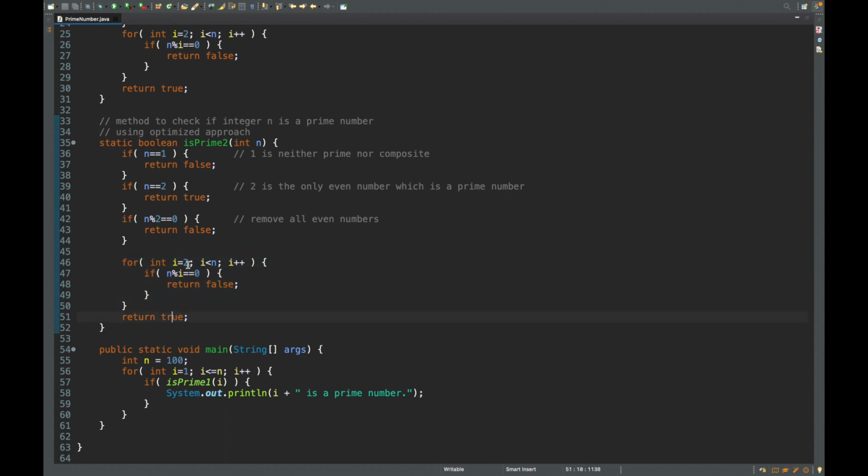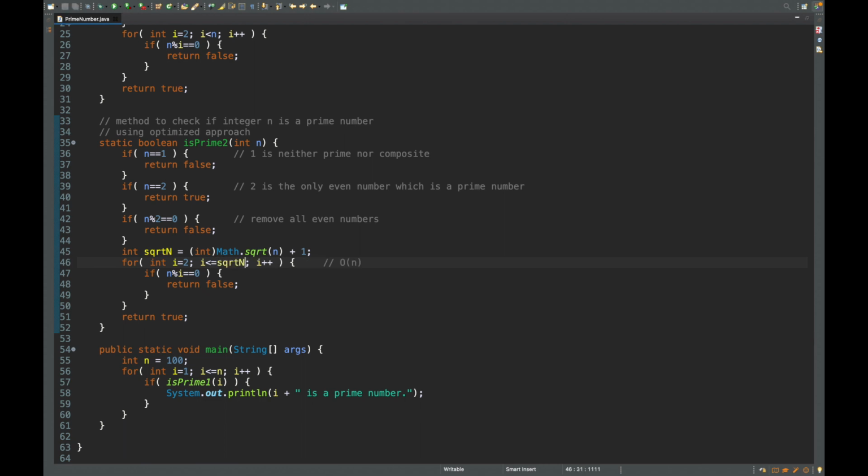Currently this loop is running the entire length of the integer n. We run this loop till sqrtn. So I'll say int sqrtn is equal to int of math.sqrt of n, square root of n, and I'll take +1 for equality. For example, if this is 3.2, int of this is going to be 3 and +1 is 4. So we take the ceiling value, and instead of going till n, we go till less than or equal to